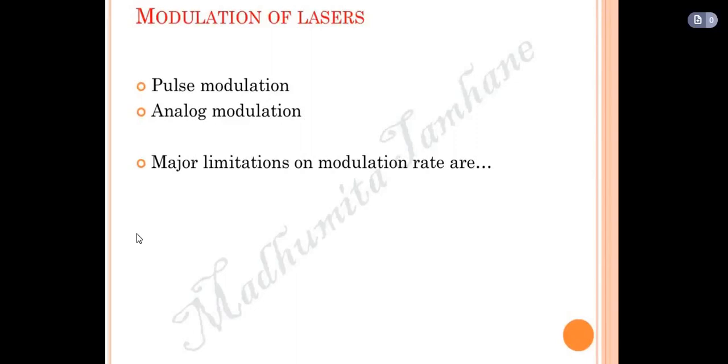So students, we are continuing with the modulation of laser, and we have discussed two things. One is regarding the pulse, and another is the angle modulation, right? So what is a pulse all about? We have seen the restrictions, and we are proceeding with the pulse as well, and the major limitations we also covered with the pulses.